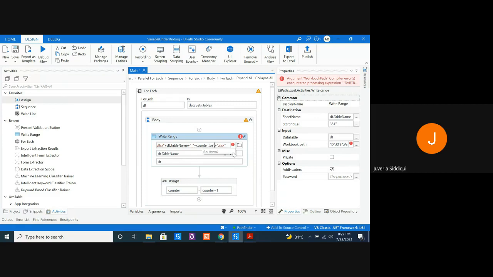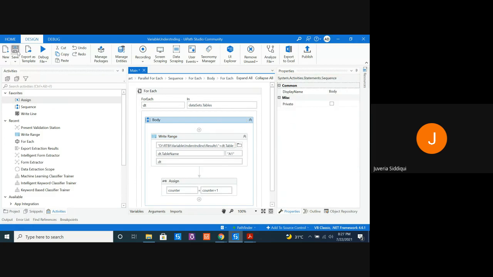I just want to show you multiple documents. Okay, I'll run it again.